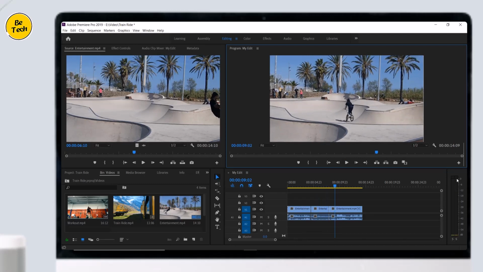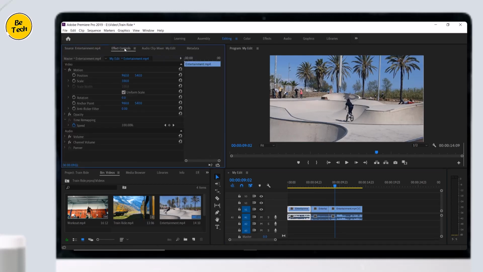Don't go over 0. We can increase the volume. Here are two ways: through volume and through gain. Click on the clip in the timeline whose volume you want to increase. Click Effect Controls. The Effect Controls panel opens. Double-click the level field in the Effect Controls panel. From here you can increase the volume